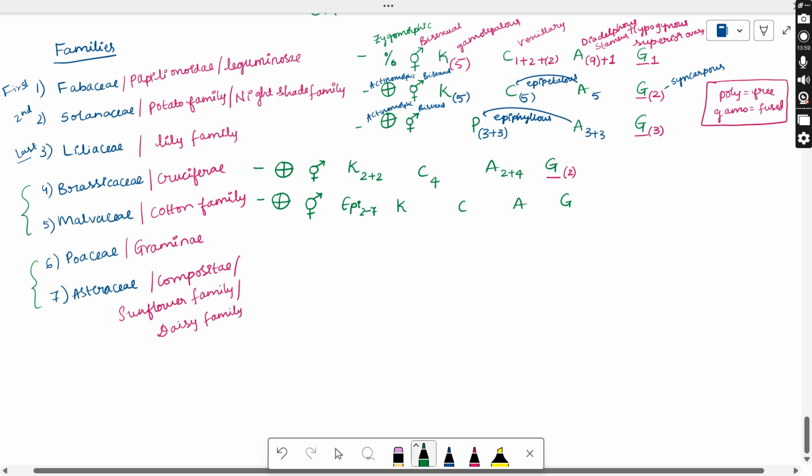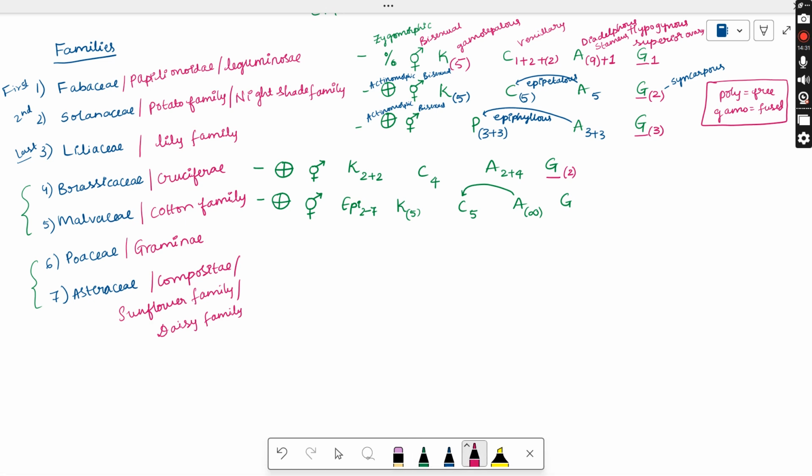So the calyx are of 5 which are fused, corolla are of 5 which are free. And coming to the stamens, all the stamens are fused, so infinite stamens can be present, and all the stamens are forming the staminal tube, so you cannot count how many stamens are actually fused. This androecium will be attached to the petals, so that's why you are showing this arc type of structure. So this says the epipetalous condition.